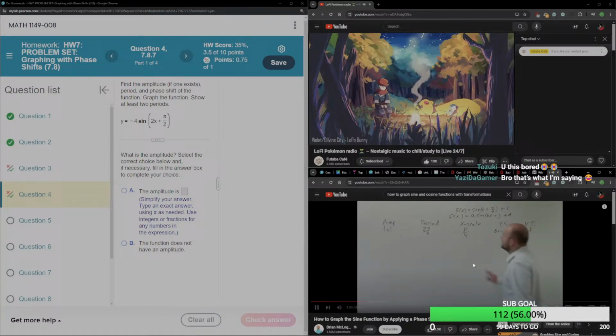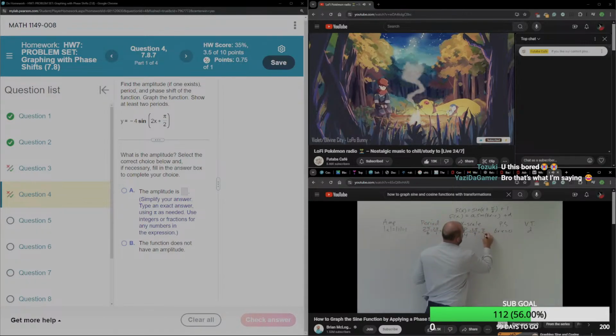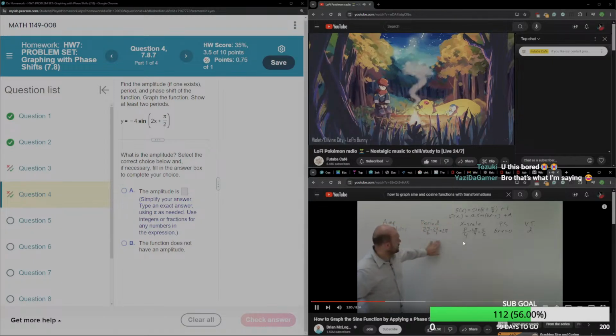All right, so we can look at this equation and see what we have and how it is going to affect our graph. Our amplitude is our a. Well, we don't have an a. Well, technically we do. It's a 1. So the absolute value of 1 is just 1. Our period is going to be 2 pi divided by b, which in this case again is 1. So 2 pi divided by 1 is just 2 pi. Our x scale is our period divided by 4. So I take 2 pi divided by 4, which equals pi halves. And so far, this is all the same as our parent graph. However, now we're getting something a little bit different with our phase shift, which is